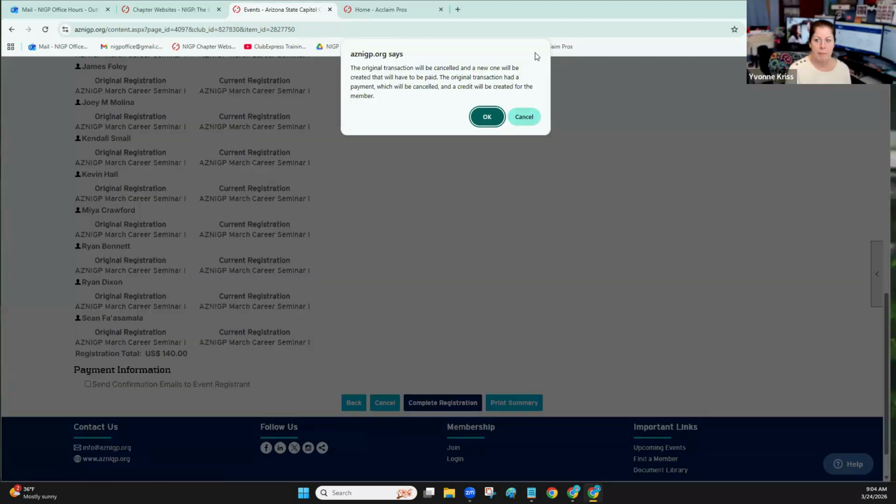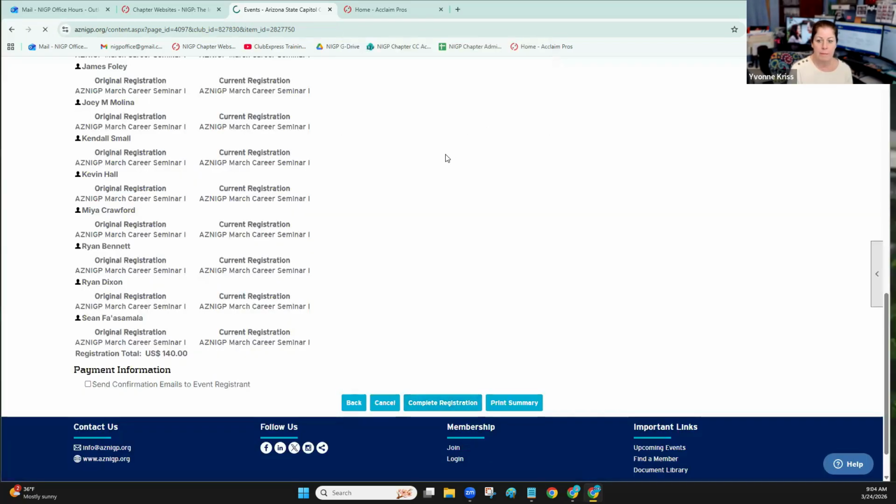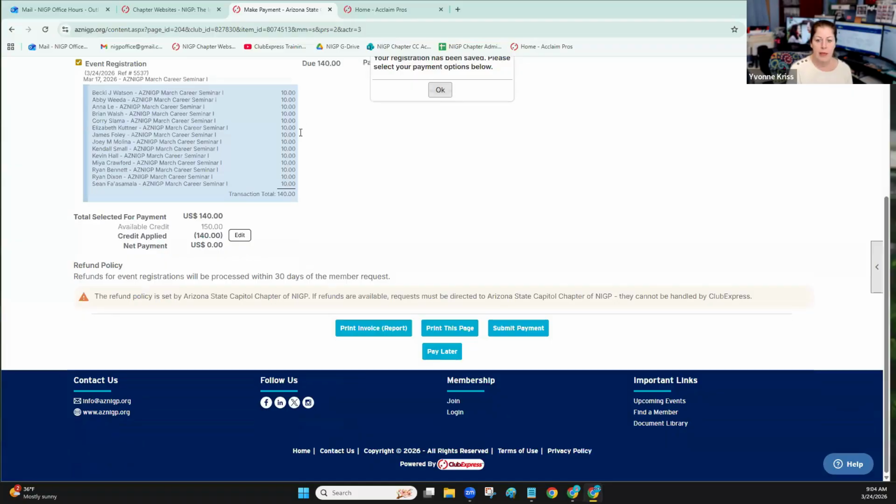Now you're going to get this pop-up window that says, are you sure you want to do this? You're canceling the registration. Don't worry about it. You're not actually canceling the registration. I mean, technically you are, but you're going to immediately re-register all the other people. So you can go ahead and hit OK. And then right now the total is 140 instead of 150. She's got 140 credit here. So this is like I was saying, you're not really canceling. And then you just hit